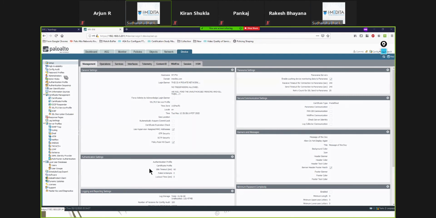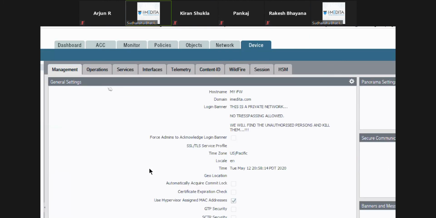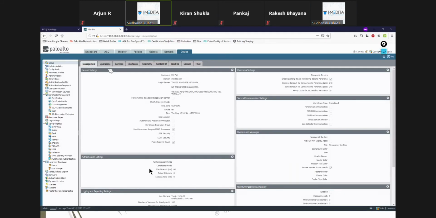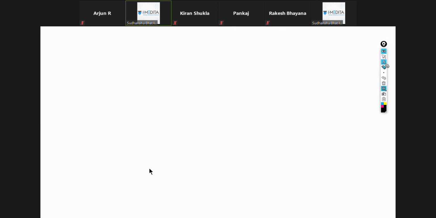Check this out now. We did a couple of commits, right? And sometimes you want to see the difference between this configuration and that configuration. The standard procedure for changing configuration in a production environment is, okay, you want to make changes in this router.